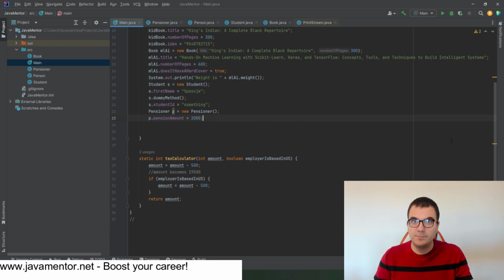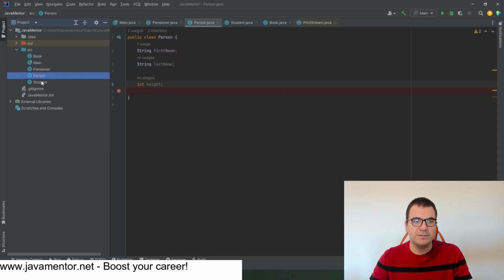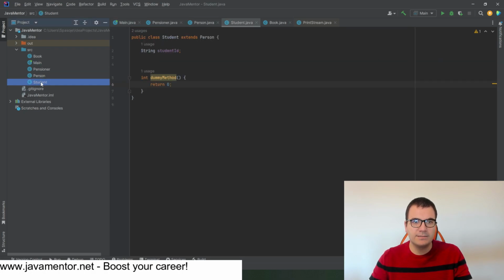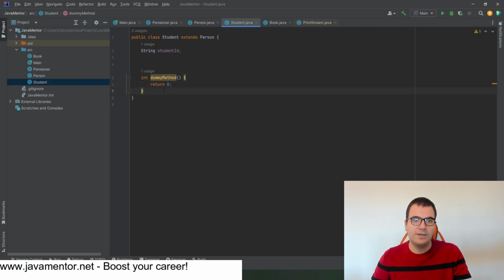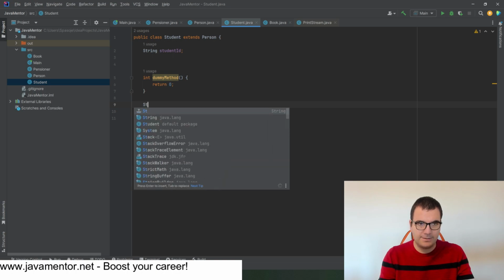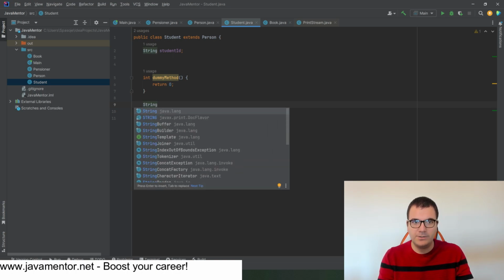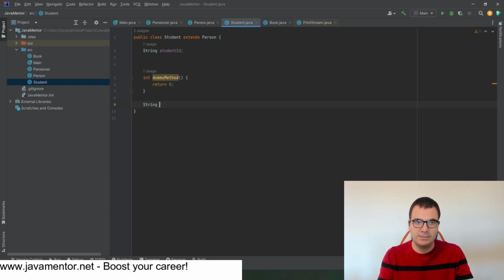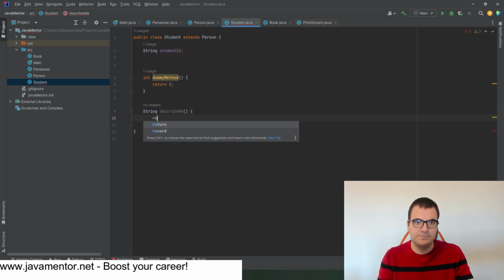Let's move on to the polymorphism. For the beginning, let's create one method inside person, one method inside student and one method inside pensioner that will describe those kinds of people. I will write one method here which will return some text, which is a description of the student. Describe me, and it will tell you